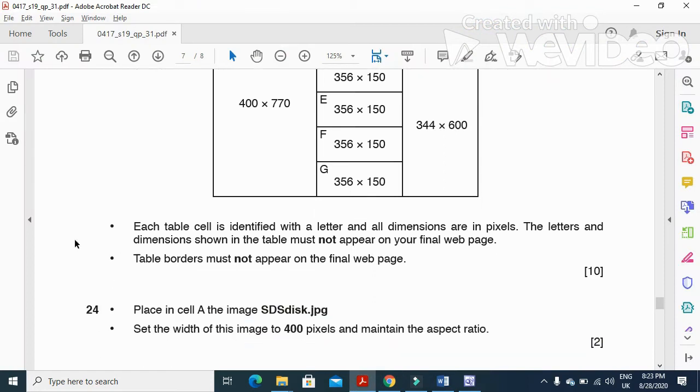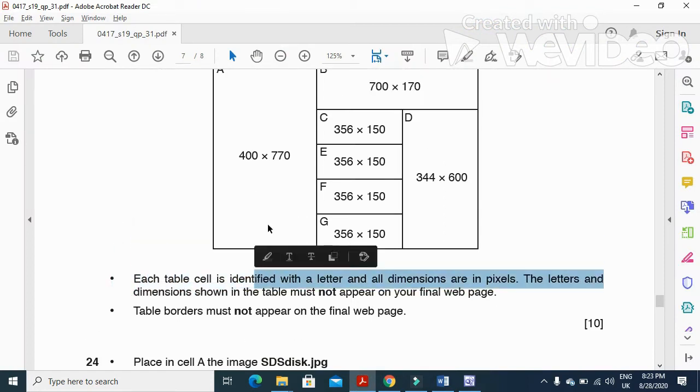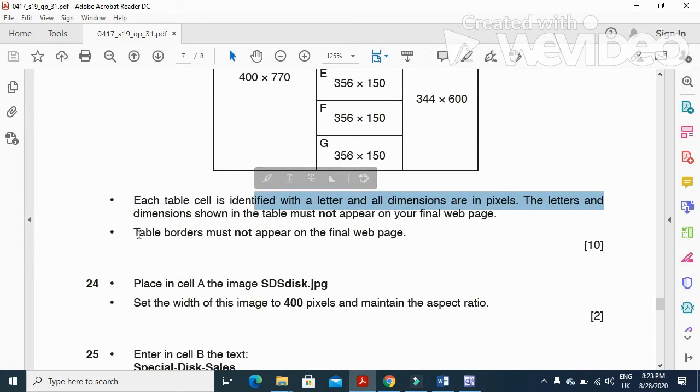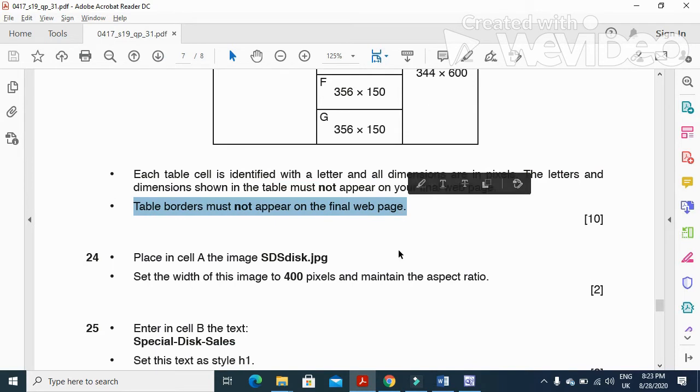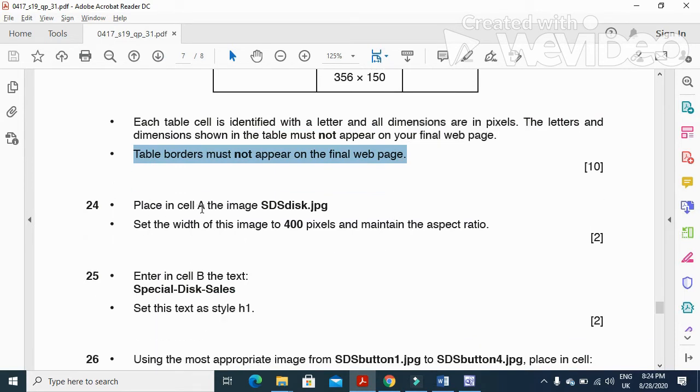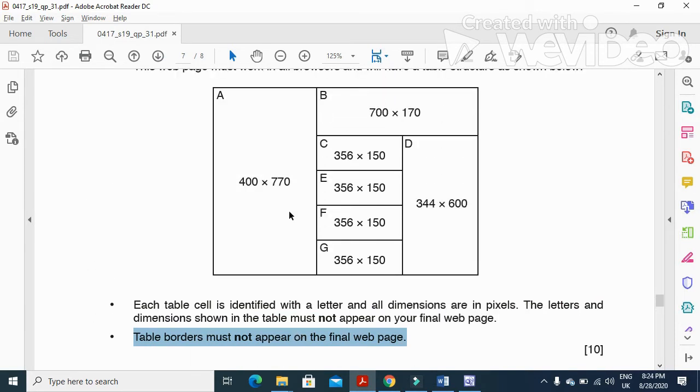Now next step is each table cell is identified as A, B, C, D, E, F, G, and then after the table border must not appear on the final preview. Now place in cell A the image of SGS